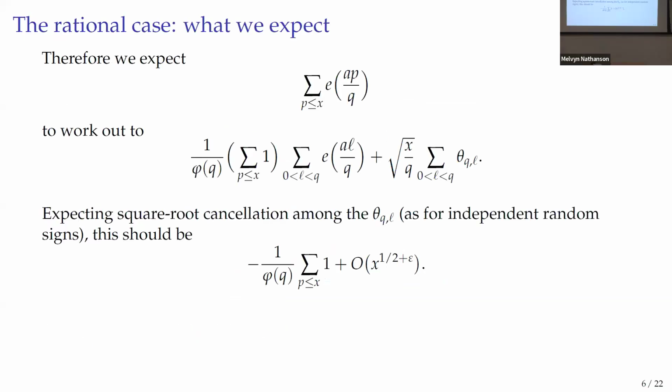And then what we do is that we take this sum over primes e(ap/q), and I insert my heuristic about equidistribution of primes. And what do I get? Well, the main term is actually constant. It's always 1 over phi(q) times the number of primes. I get cancellation almost over the entire circle. But notice one thing, 0 is missing. And 0 is missing because there are no primes congruent to 0 mod q, other than q itself, and q is prime. So this is why the sum is missing one term.